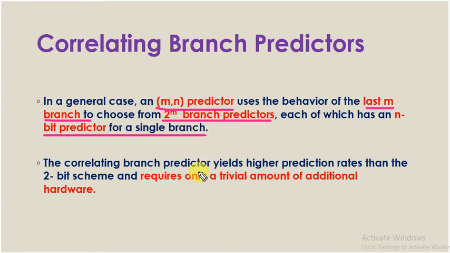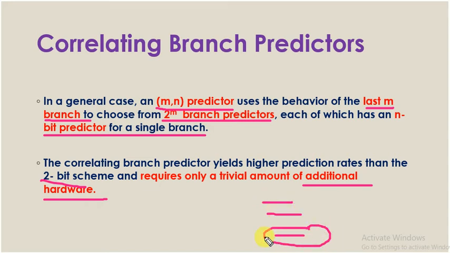The correlating branch predictor yields higher prediction rates than a normal 2-bit scheme. So it can do a better prediction than a single-bit scheme or a 2-bit scheme, and it also requires only a trivial amount of additional hardware. For doing this additional prediction, for predicting this branch, I